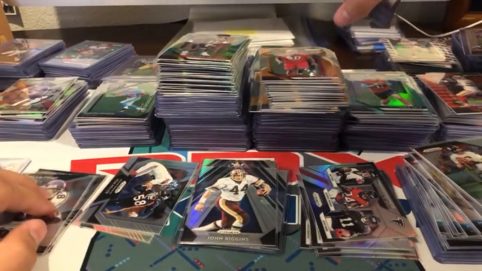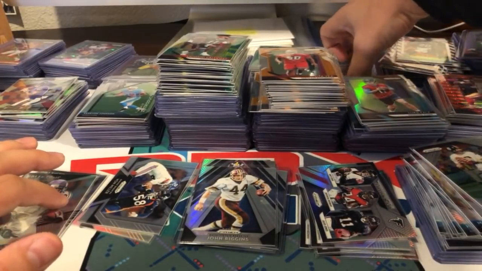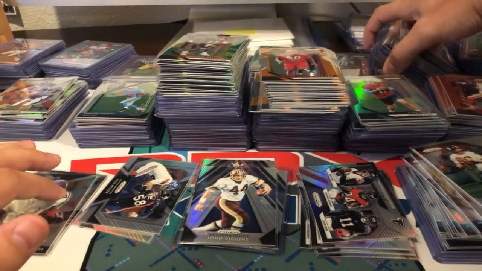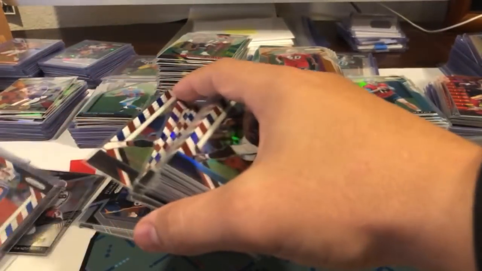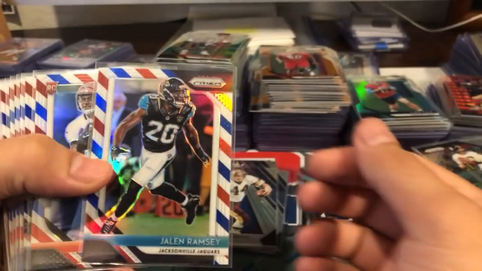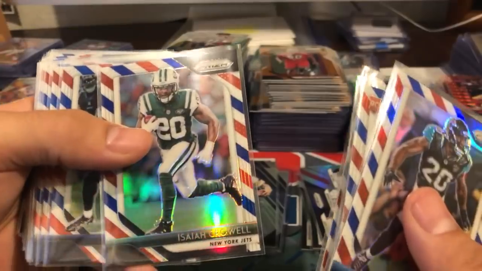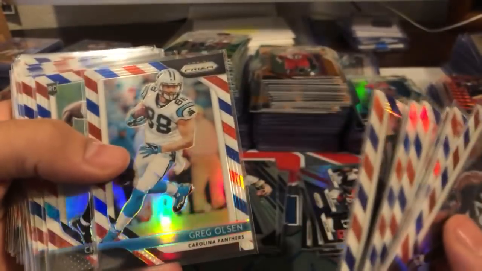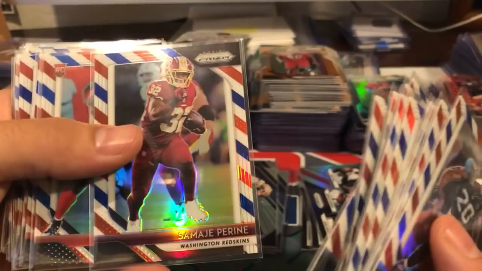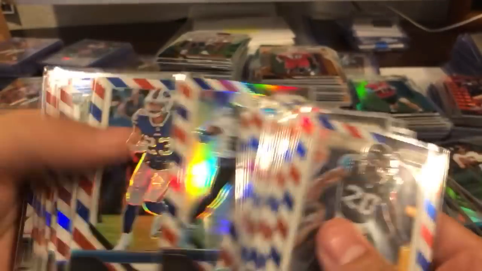And then we have, maybe I can reach over here, a bunch of red, white, and blue. Red, white, and blue. Jalen Ramsey, Auden Tate, James White, Kyle Juszczyk, Michael Crabtree, Andy Dalton, Isaiah Crowell, DeAndre Hopkins, Anthony Miller, Clay Matthews, Kiki, Breeze, Greg Olson, Christopher Herndon, Samaje Perine, Rojo, MJ Stewart, Todd Gurley, Delaney Walker, Micah